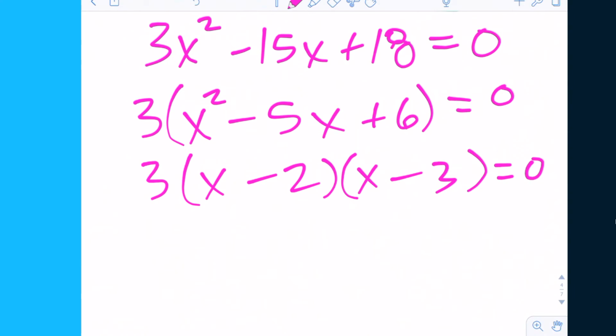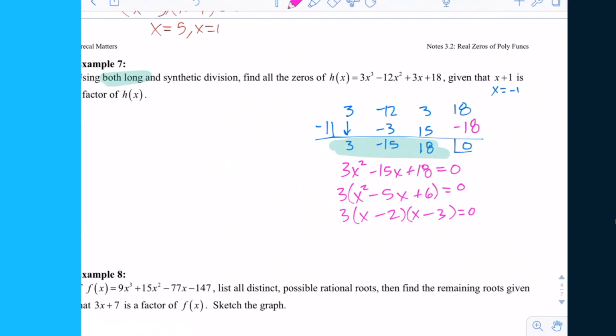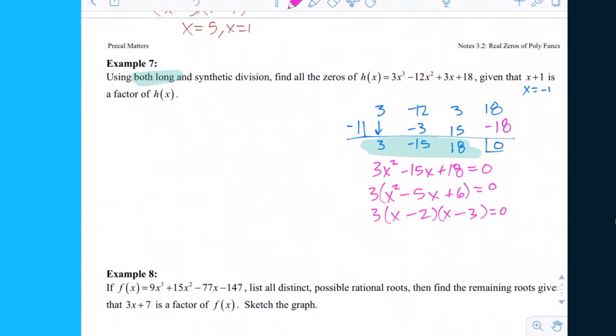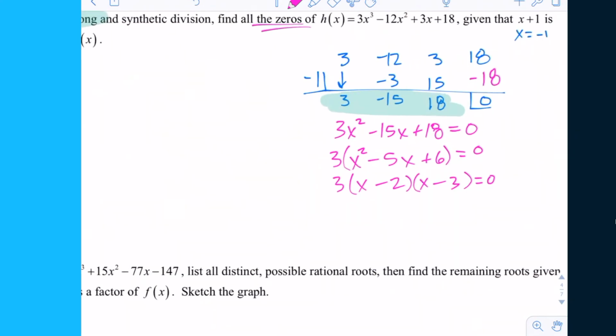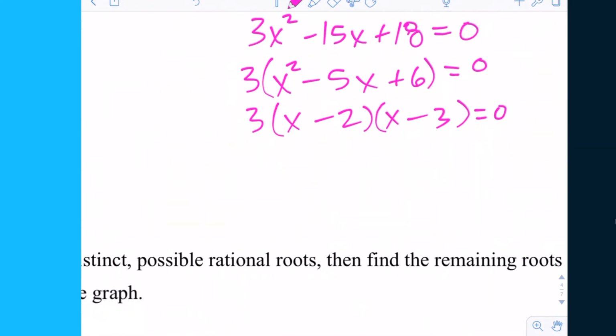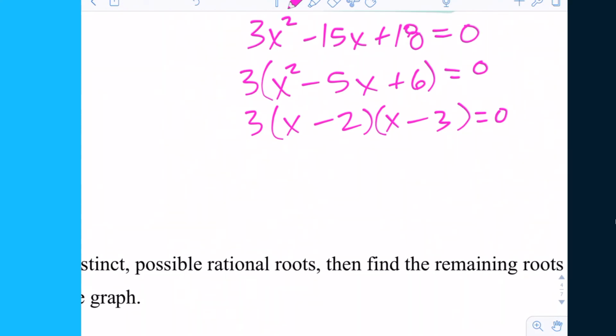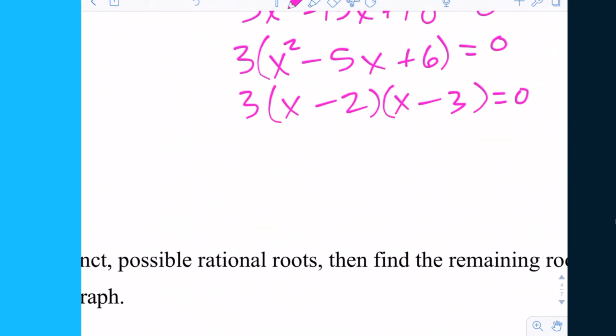There you go. Now, we need to make sure we answer the question. Did it want us to get the prime factorization, or did it want us to get the roots, or what? Let's see. Given that x plus 1 is a factor, find all the zeros. Okay. So I think we can list them now. So let's go ahead and write in a complete sentence. And you need some kind of transitional summary word. You can put therefore,